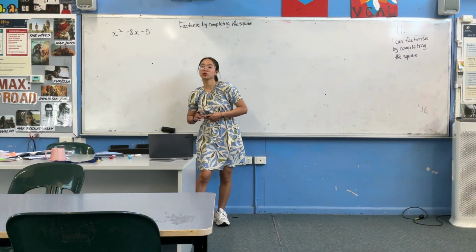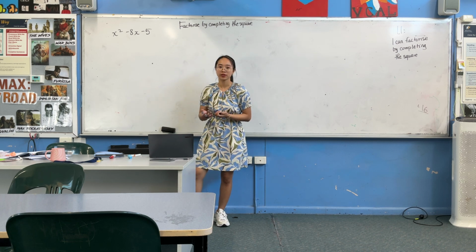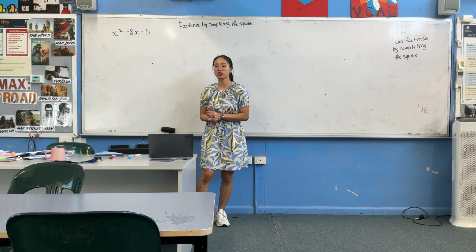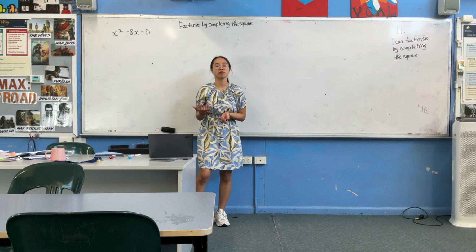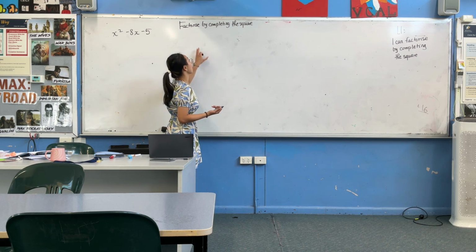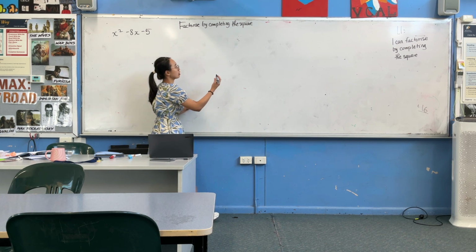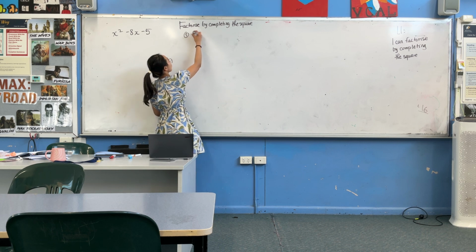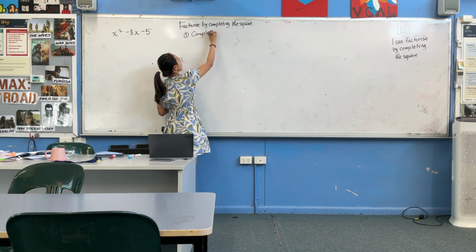Some examples with factorise by completing the square. I already made a few videos on this topic. Now, what it means by factorise by completing the square: first step first, you have to complete the square by